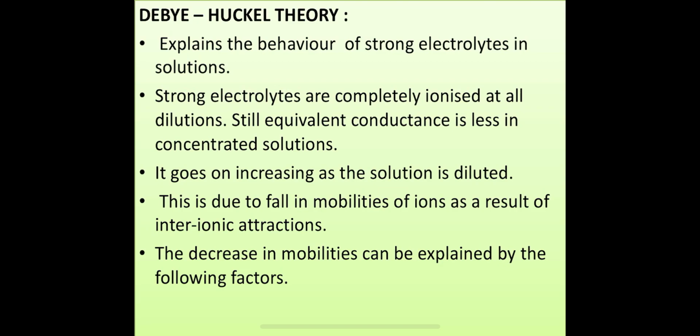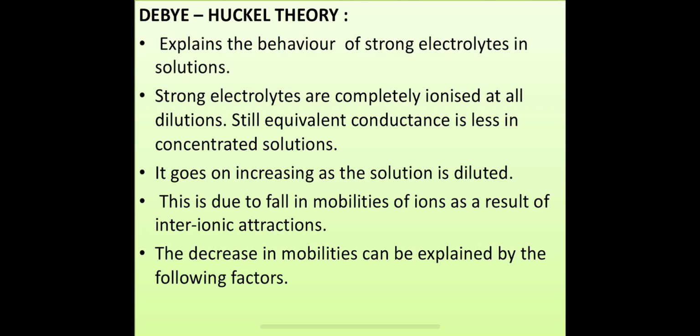Still, the main thing for conductance is that the ionization has to take place. That is because the electrochemistry principle is based on the two electrodes we are going to use, and the electricity is passed to the solutions with the help of those electrodes, and we will check how the movement of ions takes place. With that data we are going to measure specific conductance, equivalent conductance and many other parameters. So that is why it is very important to check that the chemical gets ionized clearly.